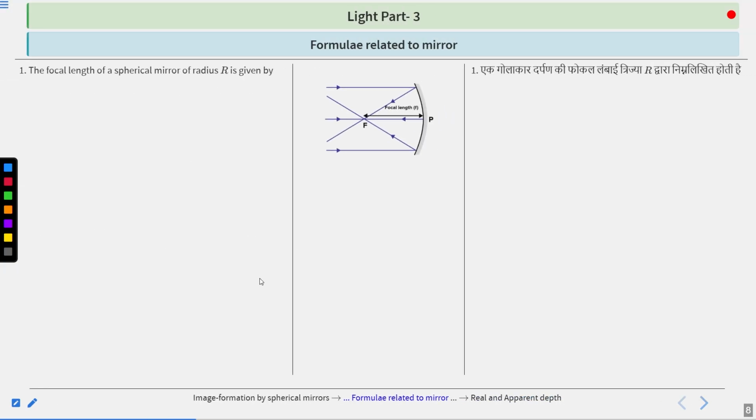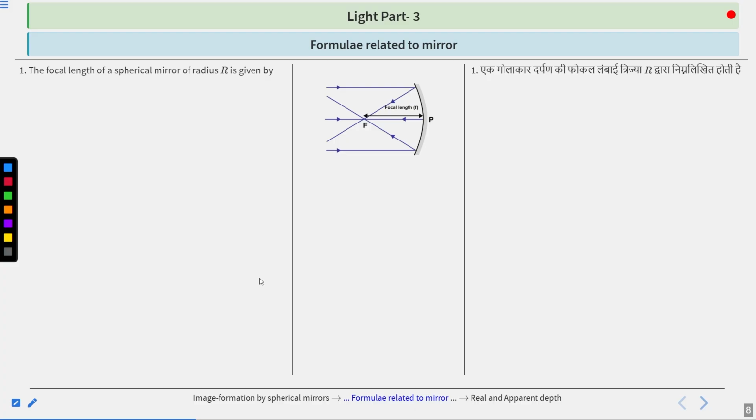So here we have seen the cases of image formation by spherical mirrors. We have seen the concave mirrors, 6 cases were there. For convex mirrors, 2 cases were there. I have explained the image formation by showing you the diagrams. I request you kindly revise them and practice them a lot, because the questions come from them in the examination. And if you are not revising and practicing them on a regular basis, you won't be able to score that much in your examination. That is a clear cut defined thing.